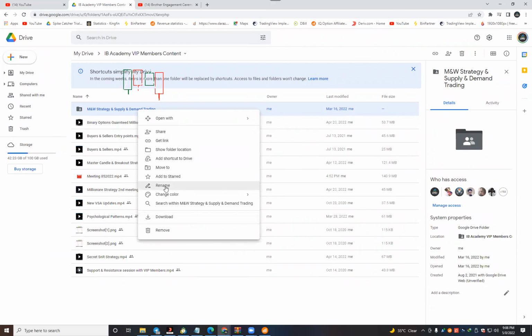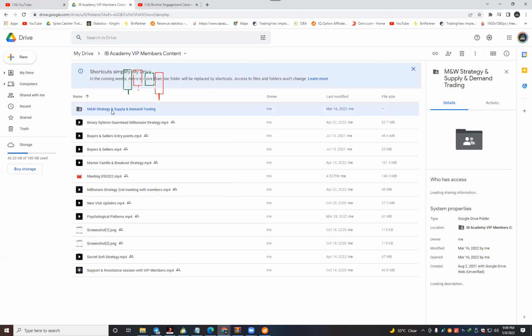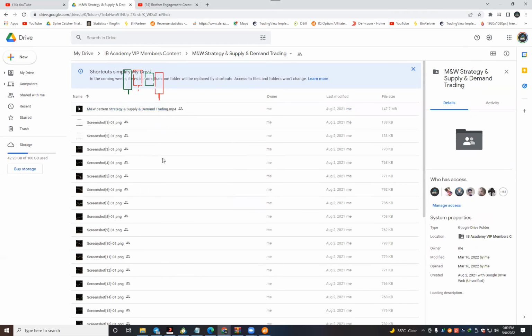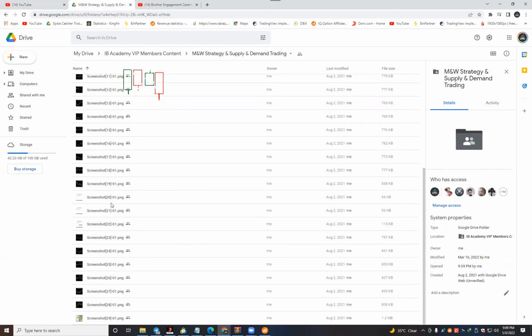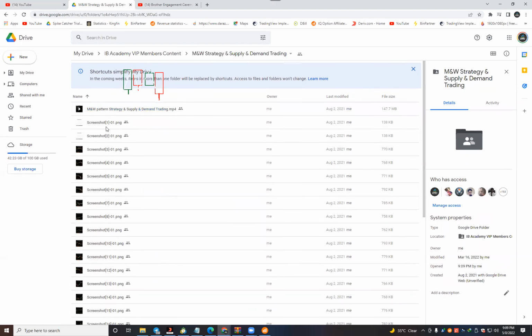I'm making a copy and putting it in your folder. No, where is the copy? Status link, share. No, it's not a share. Move to, rename, change color. So why is it not? Okay, it's a folder. Yes, it's a folder, right? So there are so many examples here as well.